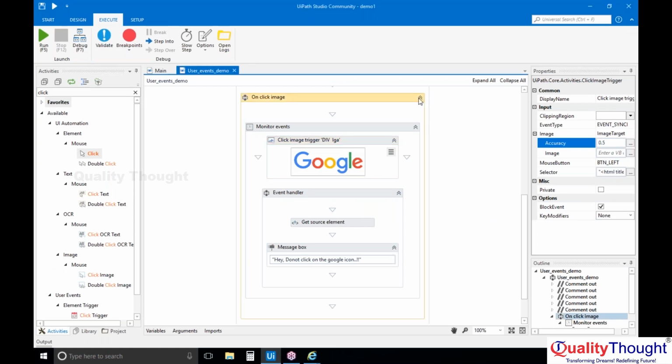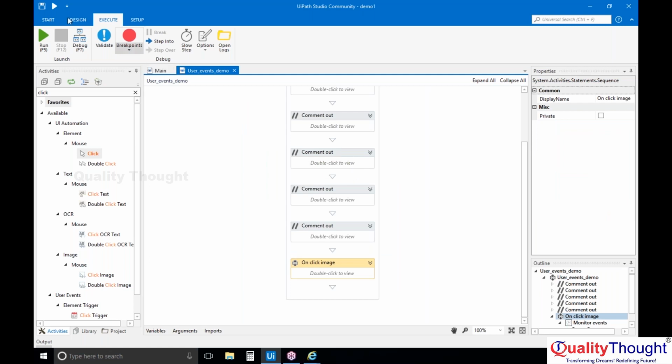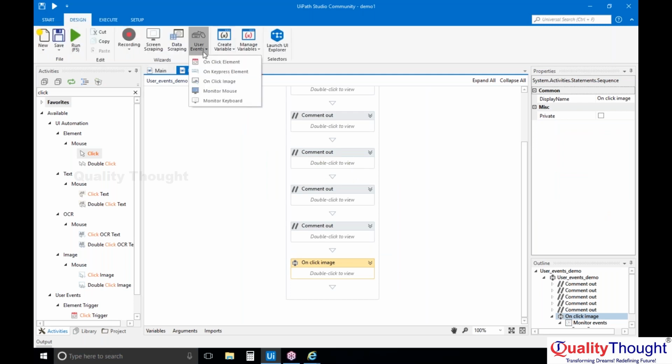Yes. Any doubts? So you have 5 specific or important parts here. One is understanding the click on click element. So this will monitor your mouse activity on a specific element, and on key press element is also the same. It will monitor your keyboard or keystrokes on a particular element. On click image uses an image as your major point of interest to monitor rather than just a selector,